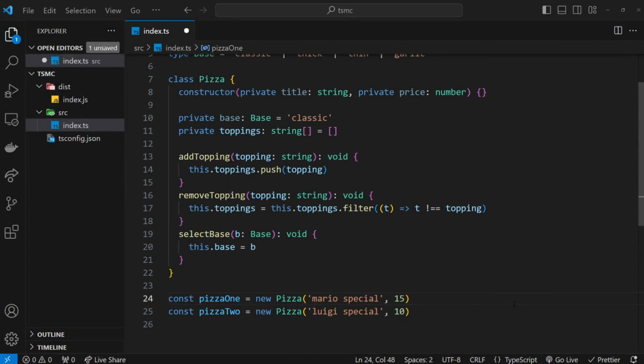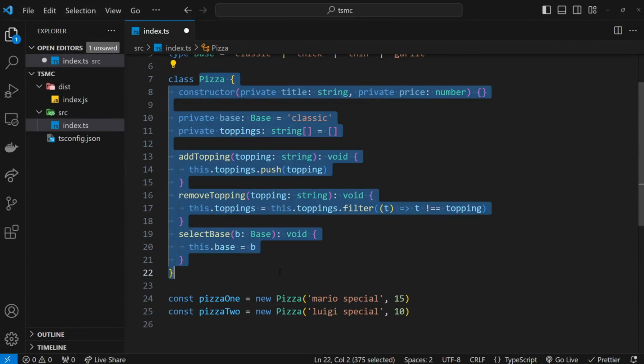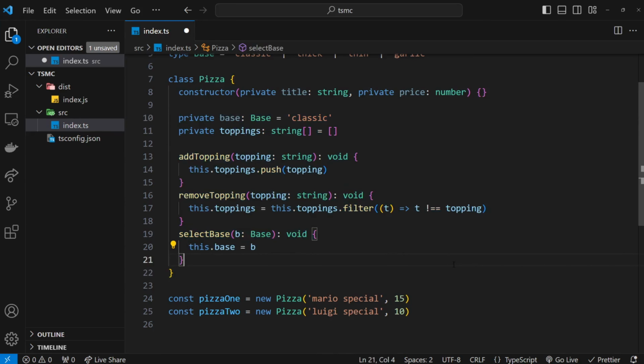Okay then, so we have a class now with private properties and public methods that we can use to update the pizza objects that we make. Now I want to show you how we can use this class as a type. So down here, I've already created 2 instances of a pizza using this pizza class, and we've called those objects pizza1 and pizza2. Now when we do this, TypeScript automatically infers the type of these objects to be of type pizza, like the class name, and we can demo that by hovering over the variable names and looking at the